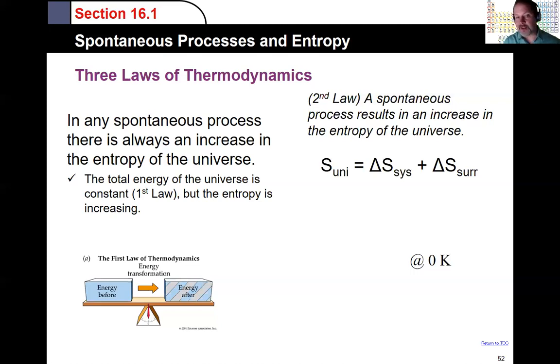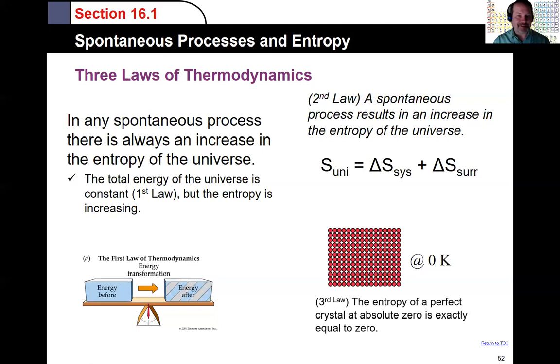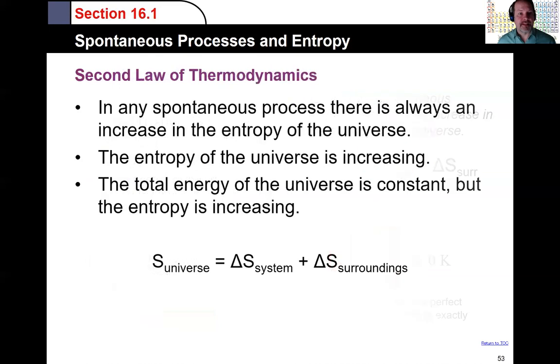We need 2 things in order to figure out the entropy of a chemical reaction. That is the entropy of the system and the entropy of the surroundings. We're going to talk more about that. And then the third law, the way to really think about that one is you have a perfect crystal, all the atoms are perfectly lined up, and it's at super cold temperatures, 0 Kelvin. That is 0 entropy. And anything warmer than that, less orderly, is going to have entropy to it. It's more spread out. We had more about that in another talk, Entropy in a Nutshell.